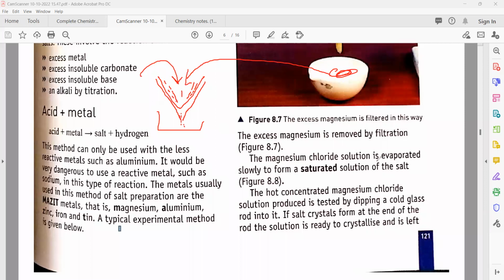The magnesium chloride solution is evaporated slowly to form a saturated solution of the salt. The hot concentrated magnesium chloride solution produced is tested by dipping a cold glass rod into it. If salt crystals form at the end of the rod, the solution is ready to crystallize, and it is left